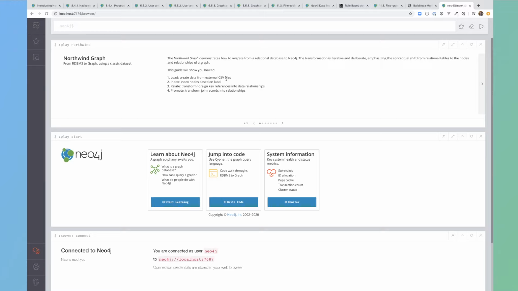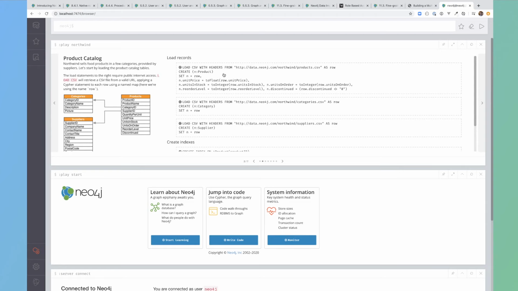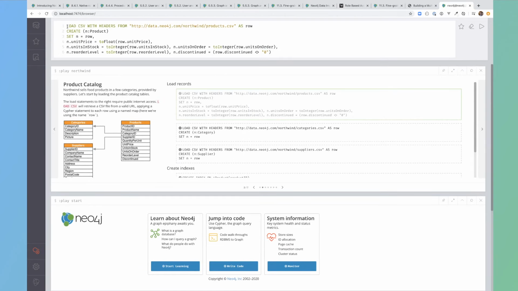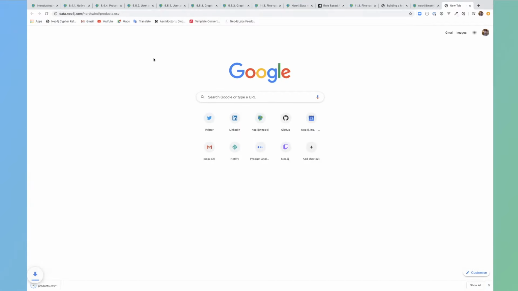importing the Northwind dataset. This uses CSV files, so you can imagine that these files have been exported from a relational database of your choice into CSV files and then imported in. So for anyone who hasn't seen this before, the LOAD CSV command takes a CSV file and then converts it into Neo4j types inside the Cypher type system. So we're saying LOAD CSV with headers from this file here. If we take a quick look at this,